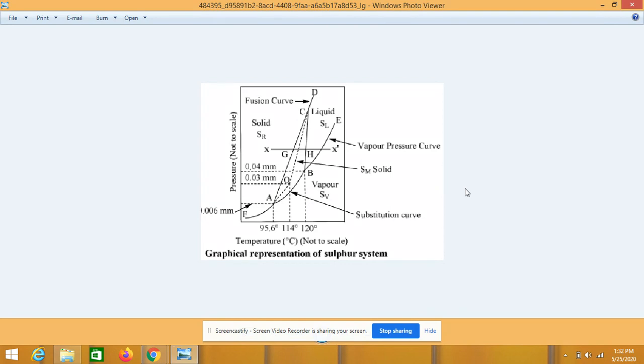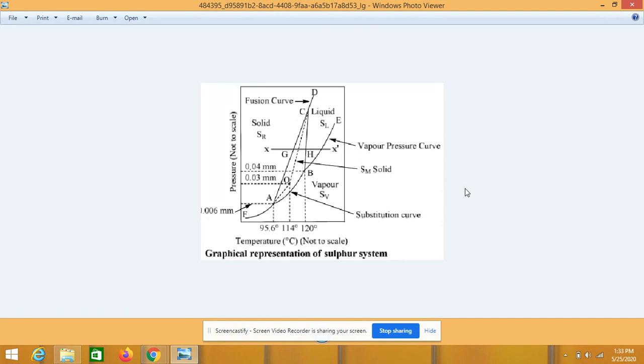Polymorphic forms which are interconvertible into one another at the transition temperature are said to be enantiotropic forms, and the phenomenon is called enantiotropy. The transition point is somewhat similar to the melting point. The sulfur system is a one-component system as the only chemical individual is sulfur. It is somewhat complicated as two solid phases, rhombic sulfur Sr and monoclinic sulfur Sm, liquid sulfur Sl, and vapor sulfur Sv exist. The phase diagram is as shown in the figure.